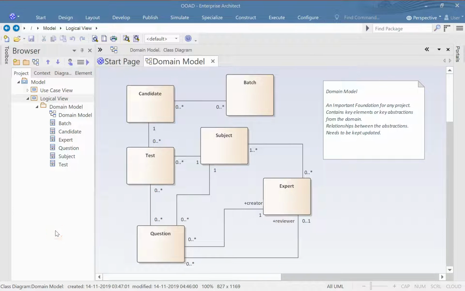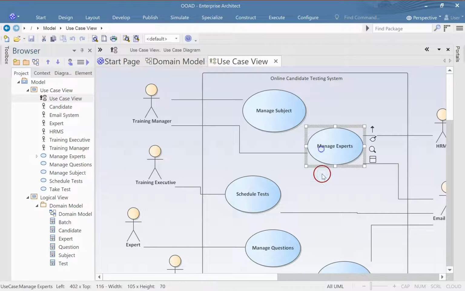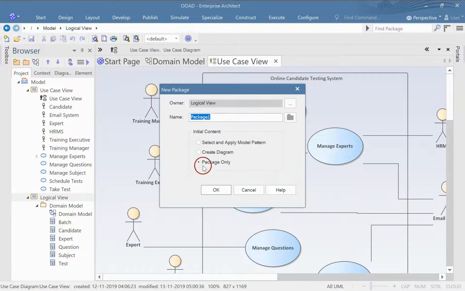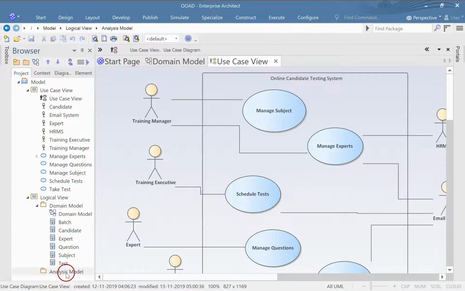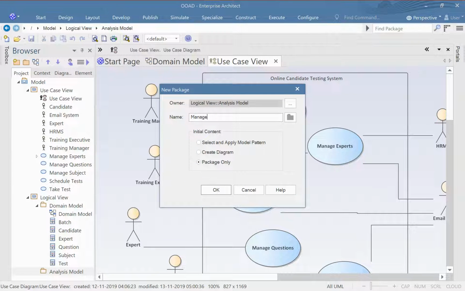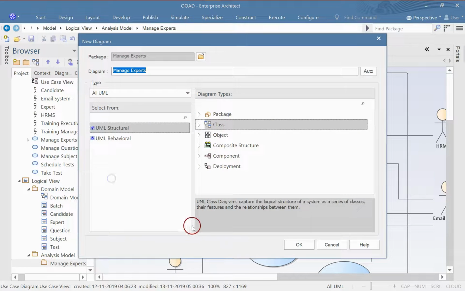Let's do analysis on the use case that we have selected, that is manage expert. So remember manage expert. Let's go to the logical view. Let's create a package and name it as analysis model. Let's take it down. Let's create a package under this manage experts, and under this let's create a diagram, a